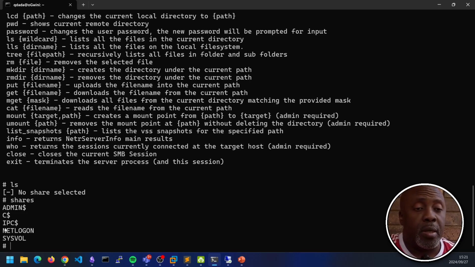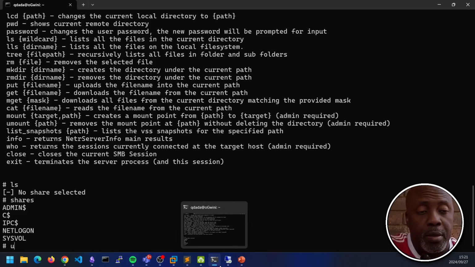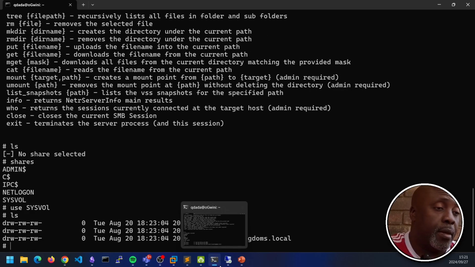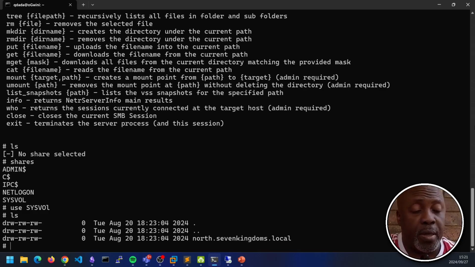There's admin$, IPC$. None of those are available to us because we're not admins. And then there's netlogon and sysvol. We were in sysvol, and so we say use sysvol. Does it do tab completion? No, it does not. And now we're in sysvol, even though we don't get that confirmation, we're in sysvol. Let's do an ls, and then we find that folder as before. Does it do tab completion? Yes, it does, but it's not the reason why I came,